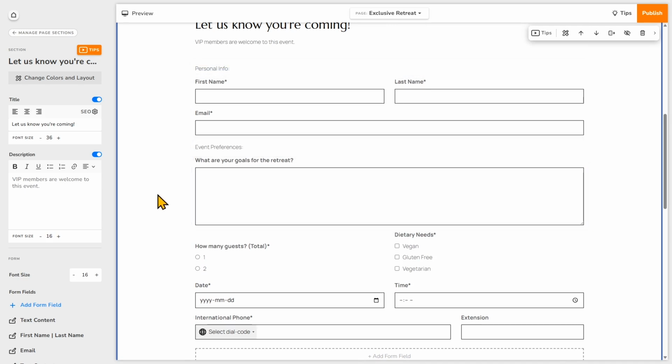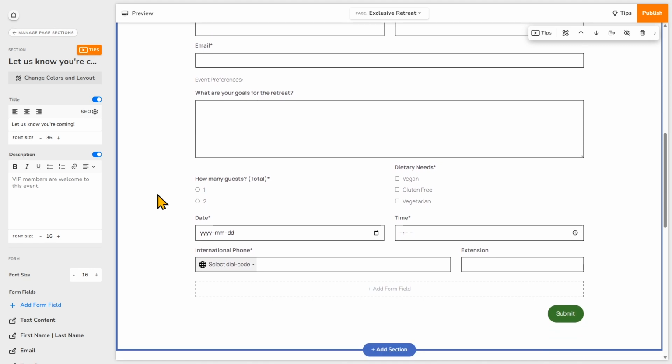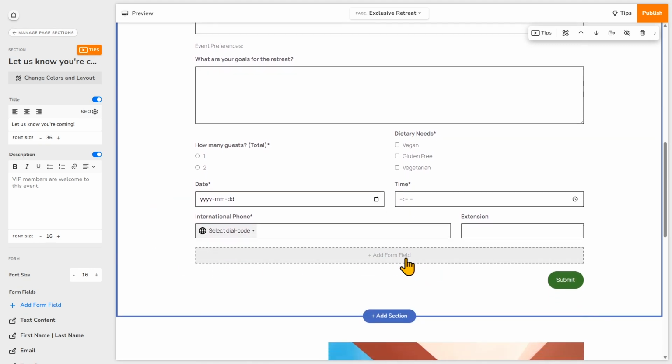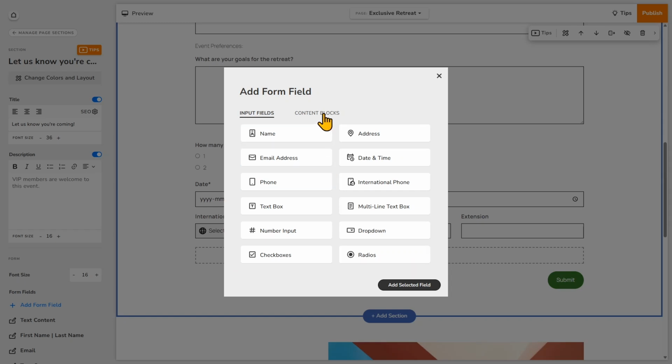It's useful to add text content blocks for headings, or if you need to add instructions or additional context for any of the fields, this is also a useful tool. And something else that might be helpful is adding an image. For example, I might want to add a picture of where on the invite customers can find their unique invite code. So I do want to add that. First of all, I'll add that image.